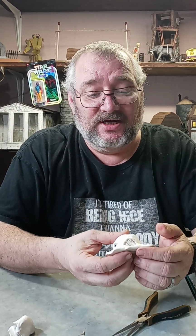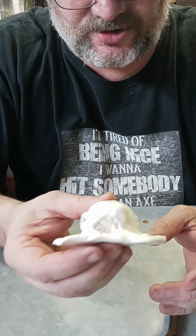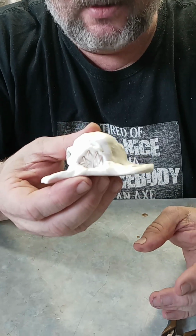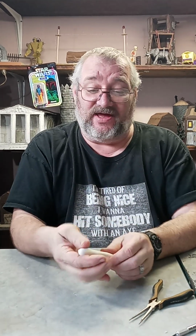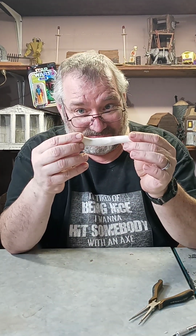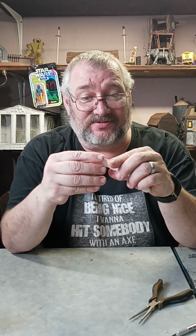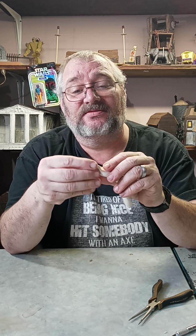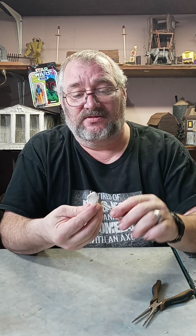Okay, there she is. And that's pretty much all there is to the creature for the body. Now we're going to set that aside and let that dry. Now, as for the tentacles, there are 2 ways you can do it. You can make the tentacles out of the clay, which is basically just rolling out, flattening out the tip, just like that, and then doing some